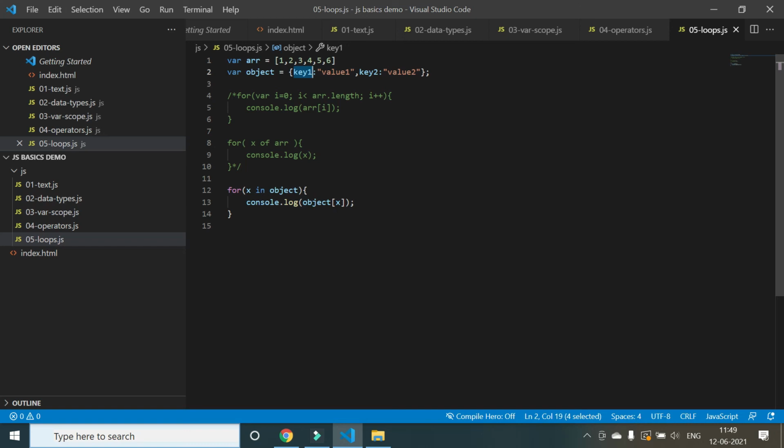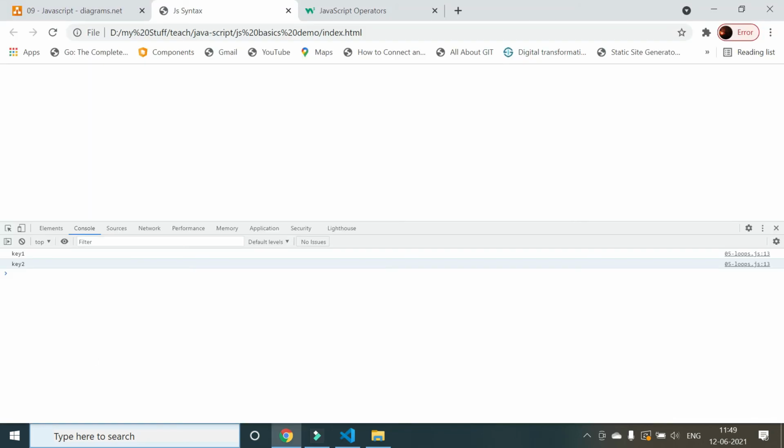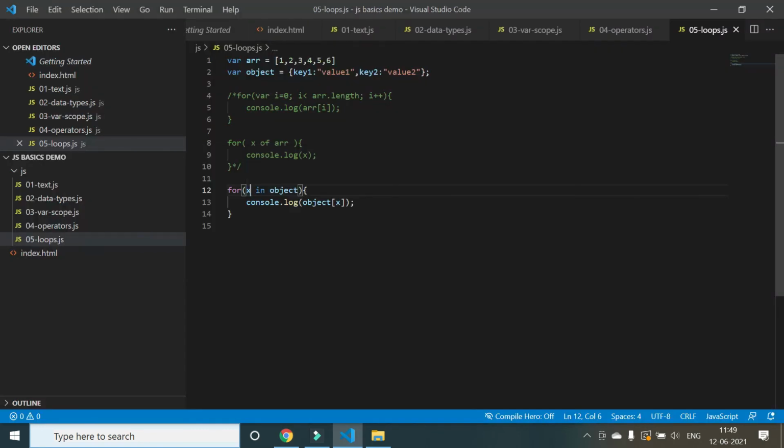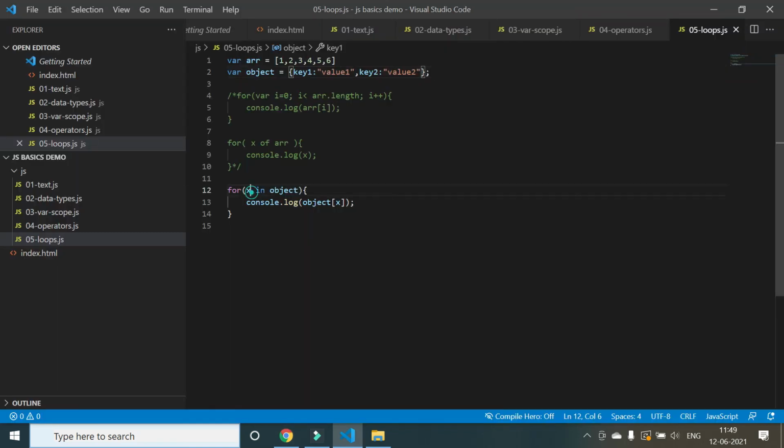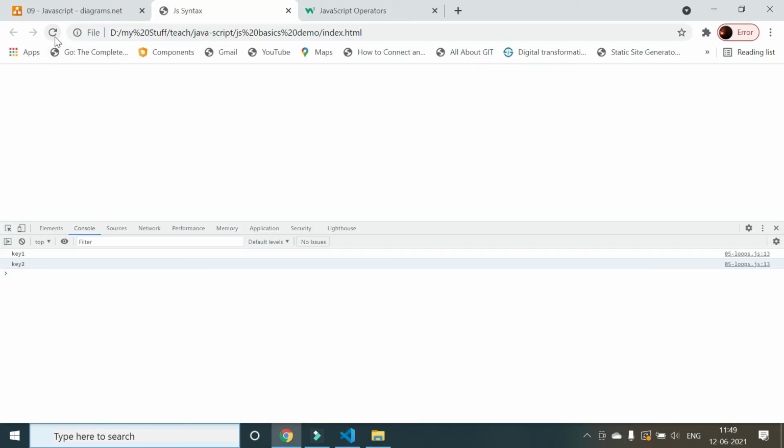This object is an array and you are just passing the key, whichever key we got here. All the available keys are being printed here. If you have one more key value pair, like key 3 and value 3, the key names like key 1, key 2 and key 3 are being printed here, which means that x is holding all these keys one by one. So all we need to do is pass that key to the object to get its value. Let's now see here. The value got printed.